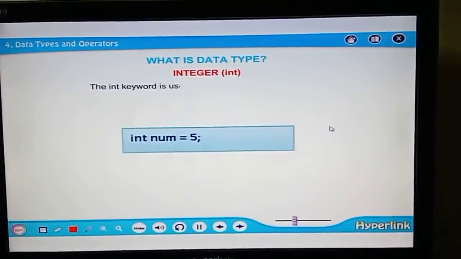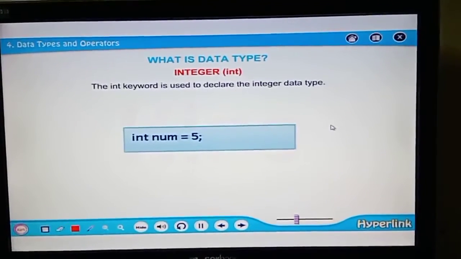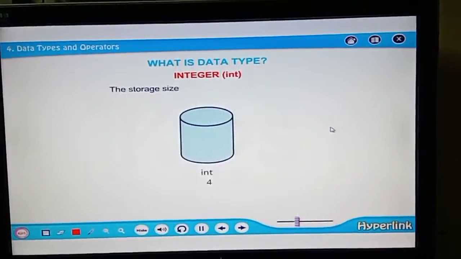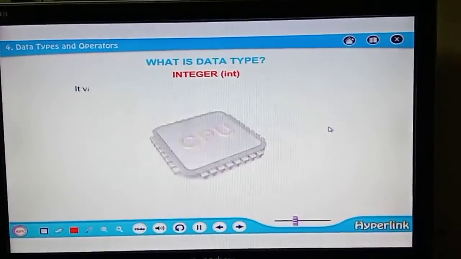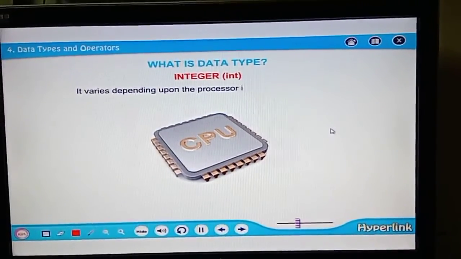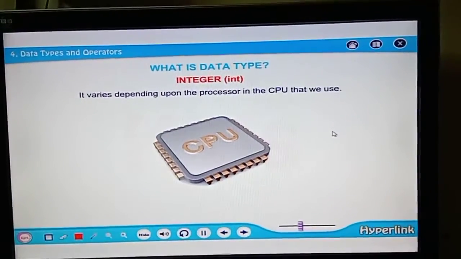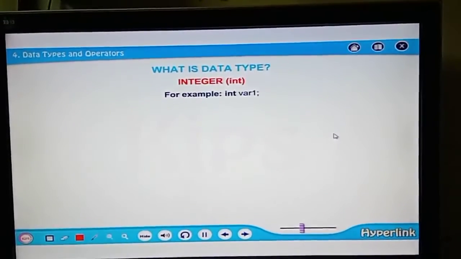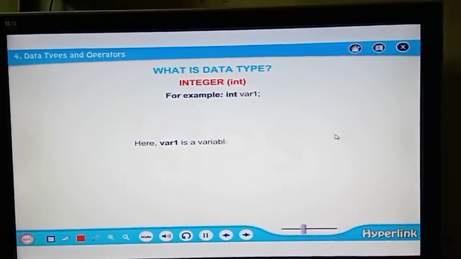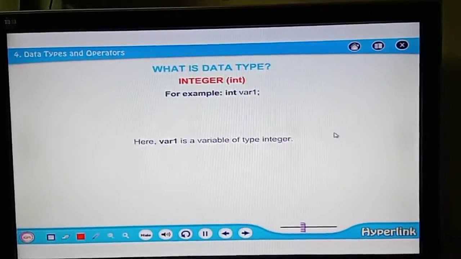The int keyword is used to declare the integer data type. The storage size of integer data type is 2 or 4 bytes. It varies depending upon the processor and the CPU that we use. For example, int variable1; here variable1 is a variable of type integer.